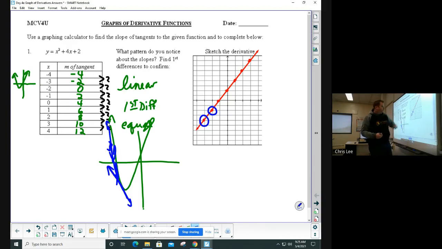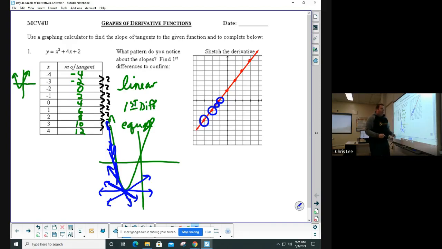Still negative. And then eventually we get down to something like this. Here's a derivative or a slope right there. Less steep, probably something like negative 0.5. So we're right about there. And then we get to that magical spot, the minimum, where the slope is 0. And we get that spot right there. Okay, and then what happens to the slopes? Well, the slopes start to get positive. They start to go up,